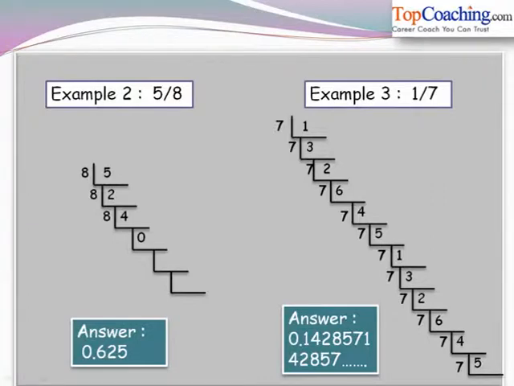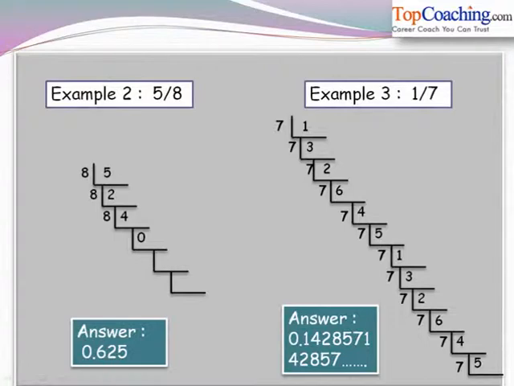But one more important thing to notice: here the remainder is 3, here the remainder is 2, here the remainder is 6, 4, 5, 1. Then again it is 3, 2, 6, 4, 5 and so on. Thus the remainders are also repeating. So the quotient of this division is repeating because 142857 then again 142857, and thus this pattern is repeating. But on the other hand, remainders are also repeating.